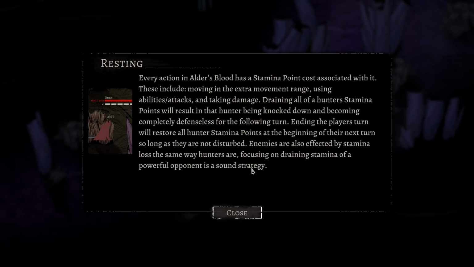Every action has a stamina point cost. Draining all of a hunter's stamina points will result in that hunter being knocked down and becoming completely defenseless for the following turn. Ending the player's turn will restore...